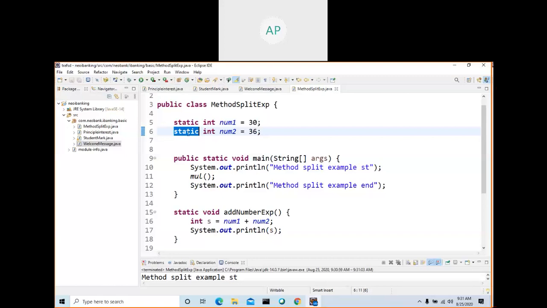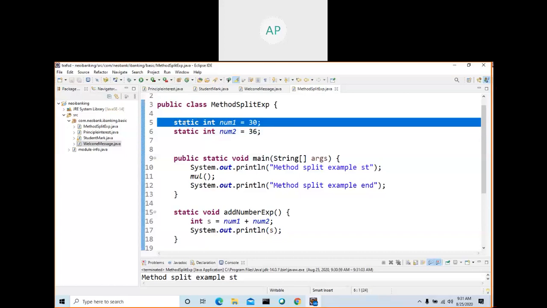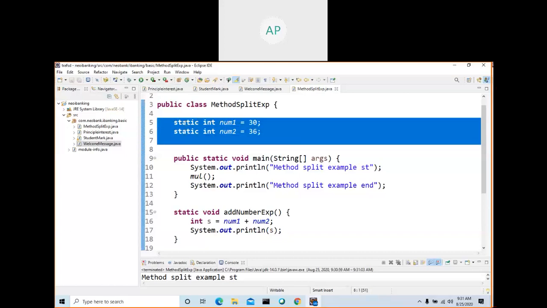Okay, now you got some idea about method calls. You should be able to do this. As of now, forget about static. When we create objects, I will remove the static at that time. So now you have some basic idea about method calling and writing a method. You can have a number of methods in a class, and if you have 10 methods, and you are calling only two methods from the main method, only those two methods get executed. All the other eight methods are not executed for this functionality.